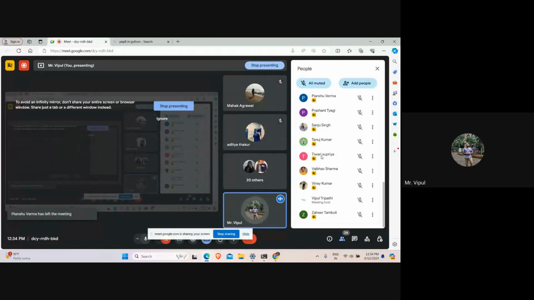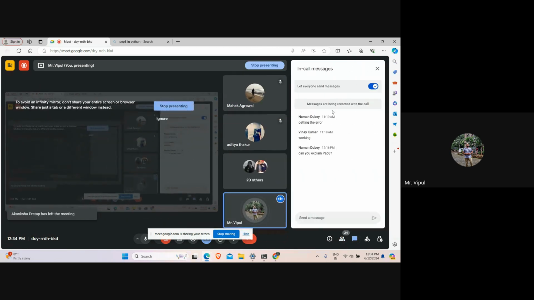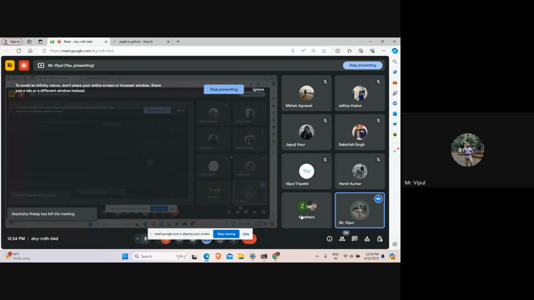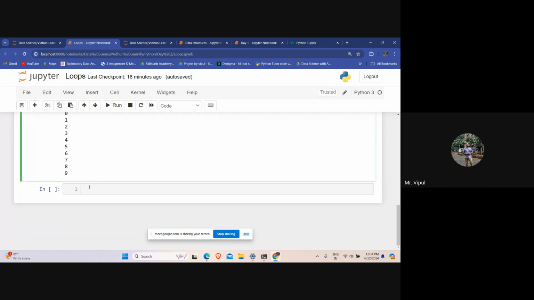You can let me know in the chat. I'll just read the chat. If you have any questions, just post them in the chat. Now, this is all about the range function that we have discussed.